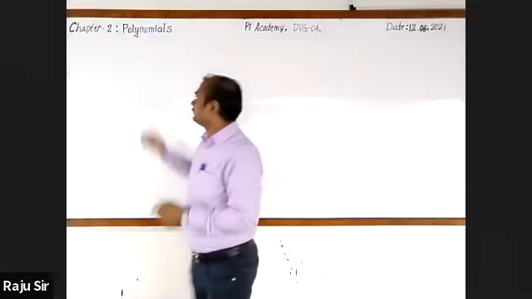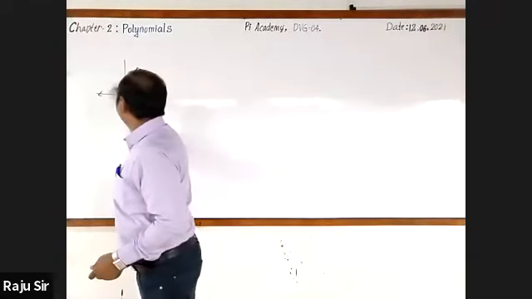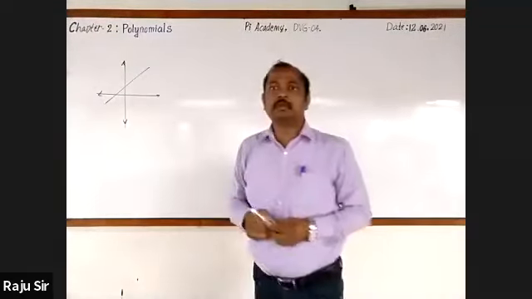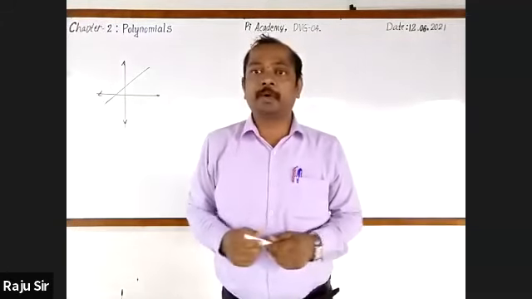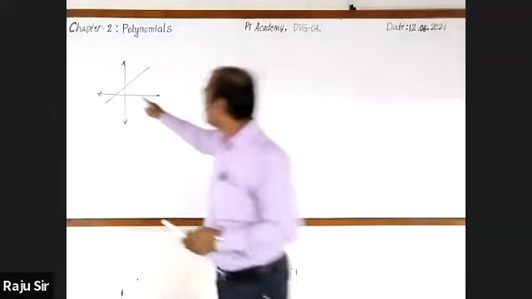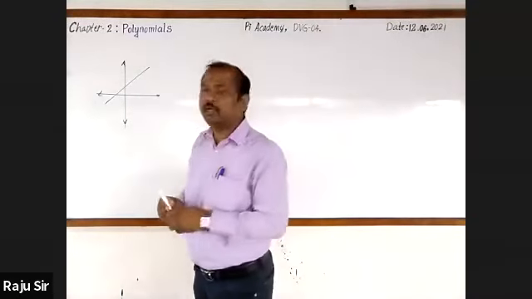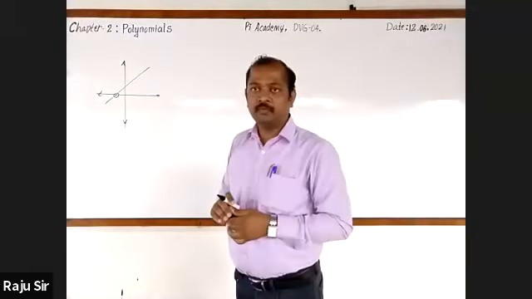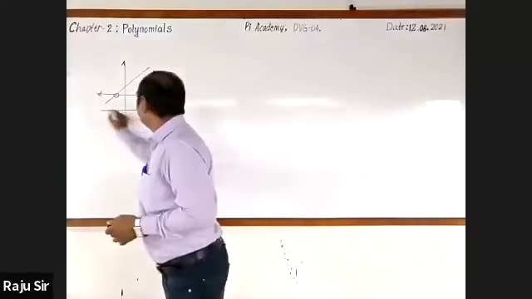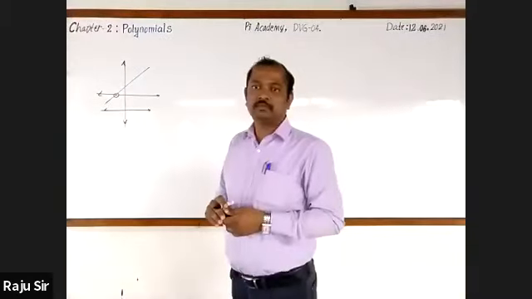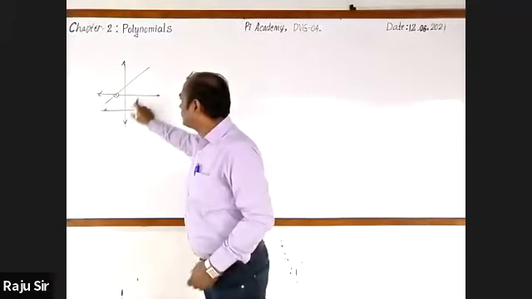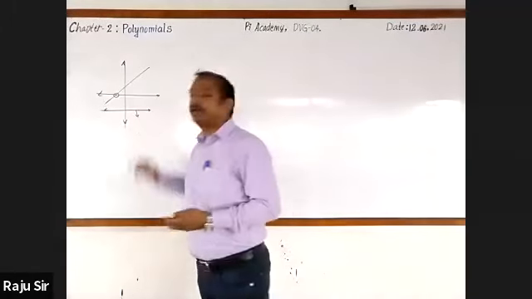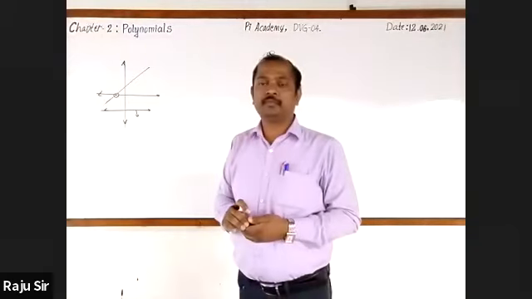Just observe here, I draw x and y axis. Then this is a straight line which represents the graph of a linear polynomial. And this straight line has intersected the x-axis at one point only. We can say that the polynomial has 1 zero. If a straight line is parallel to the x-axis, in general, it does not intersect the x-axis at any point. Therefore, this linear polynomial has no zero.